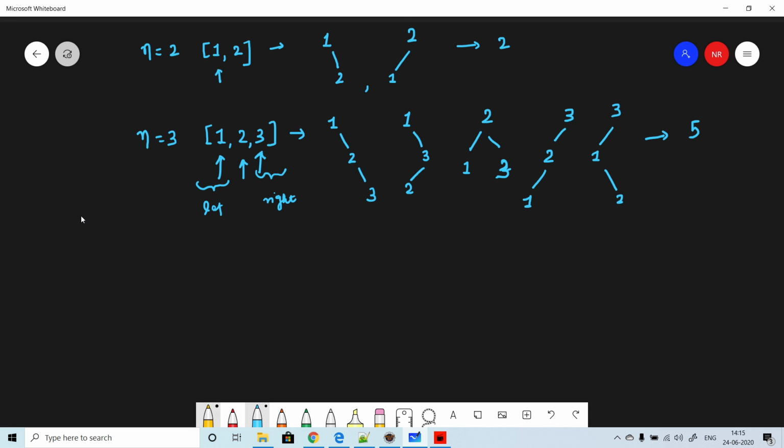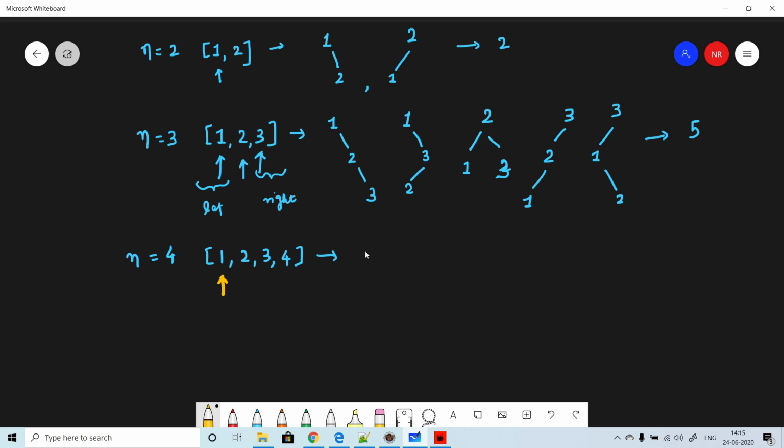Now let's say we have n equal to 4, so we have the numbers 1, 2, 3 and 4. What combinations can we make with n equal to 4? Let's say first we decide to put 1 as the root.